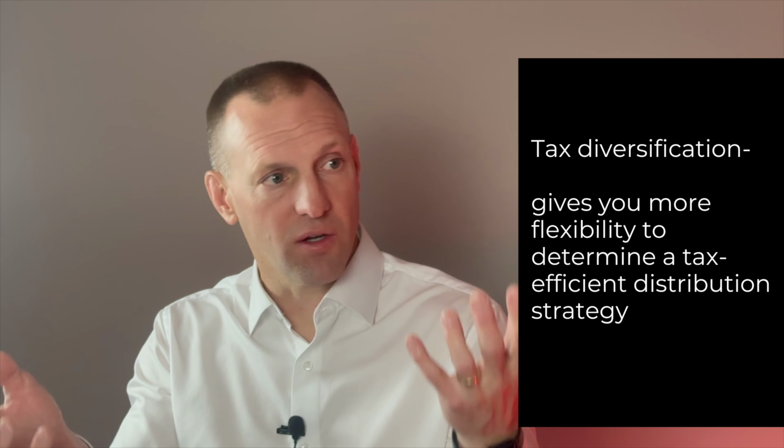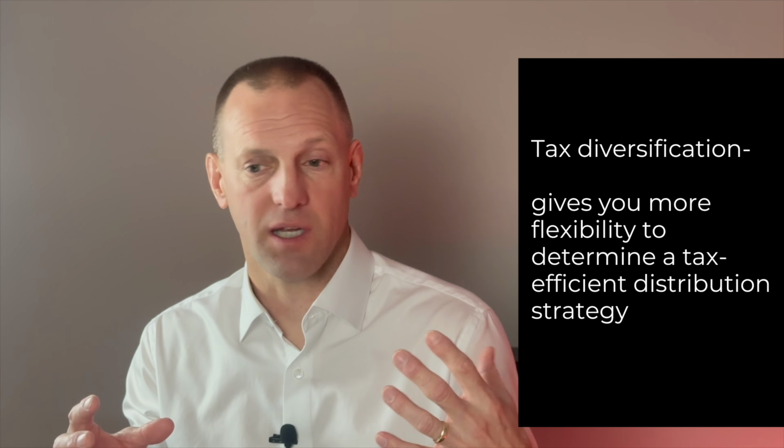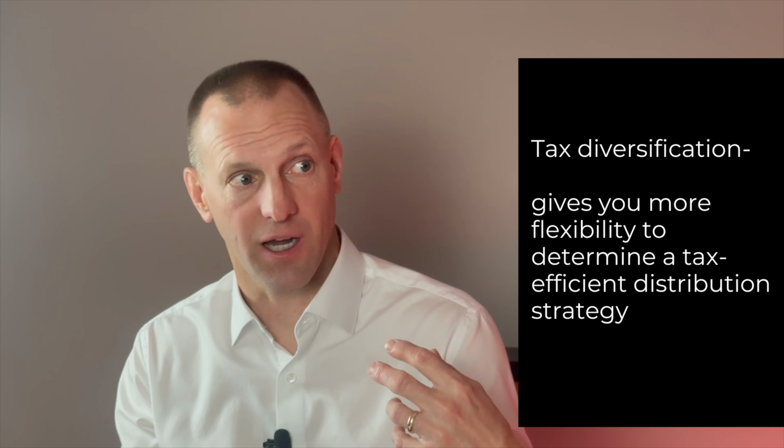So if you were able to put part of your money in a traditional IRA and part of it in a Roth IRA, and grow both buckets equally or semi-equally, when you get to the point where you're using it, you get a choice, right? Maybe taxes are low one year and you say, guess what, I'll take it out of my IRA this year. I'll pay the income tax because I'm not in a high bracket. But two years later, it may change and you may be in a higher tax bracket, or maybe the laws change, right, and taxes go up. You could use the Roth IRA then for tax-free money. So I think tax diversification is a very powerful thing because we don't know where we're going to be down the road. If we knew, we could decide today, but we just don't.